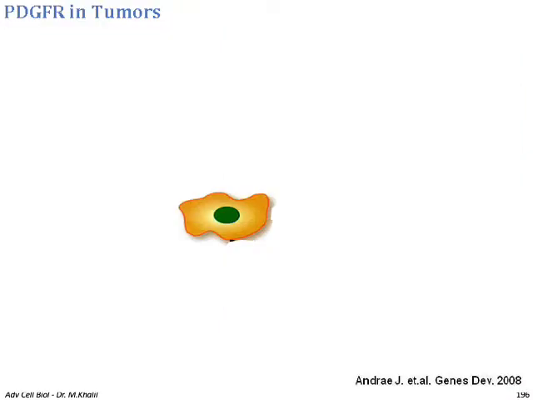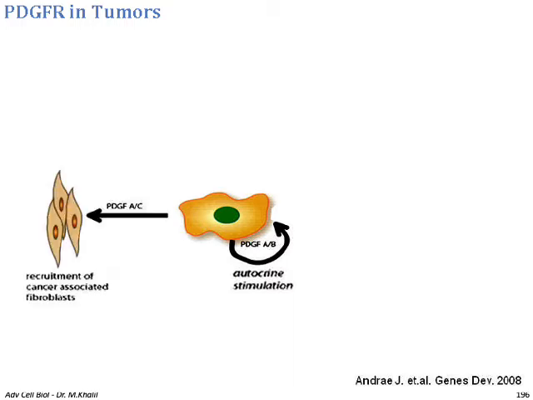Now we'll talk about another receptor that is important in tumors, called PDGFR, the platelet-derived growth factor receptor. Normally there are isoforms of this receptor. Isoforms PDGF-A and B give a signal that leads to autocrine stimulation, self-stimulation. PDGF-A and C, another variant, lead to the recruitment of cancer-associated fibroblasts,